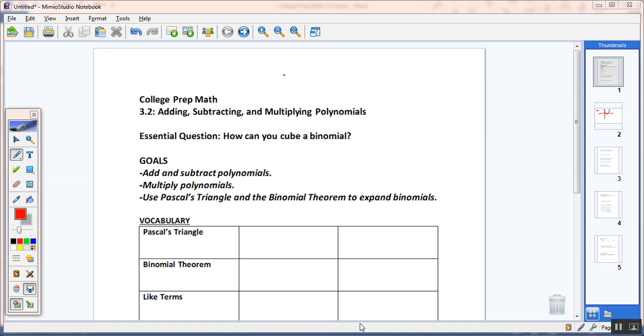The whole essential question here is not exactly tied to everything we do, but these goals are going to be what's most important today. How about the question we're trying to address here today? How can you cube a binomial? Okay. Well, our goals are to add and subtract polynomials. Okay. We're going to look at multiplying polynomials, and then